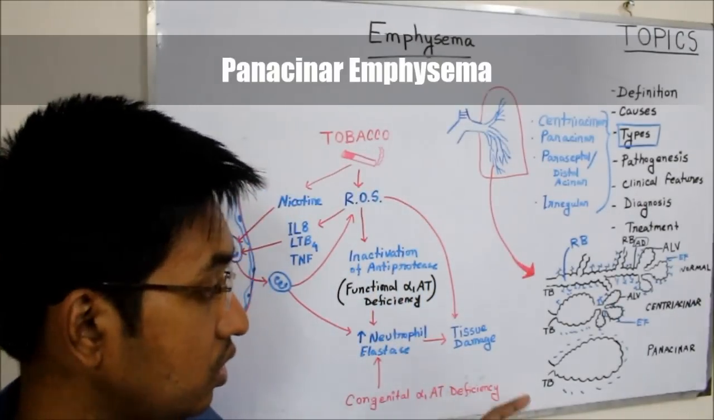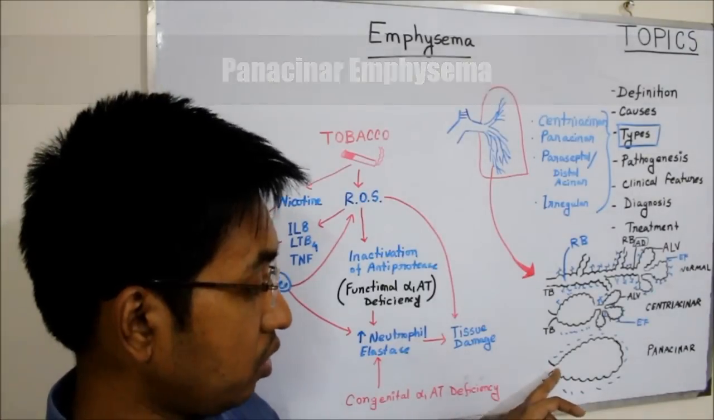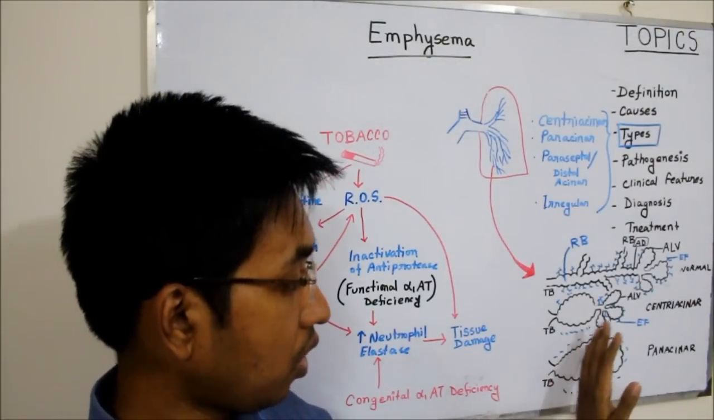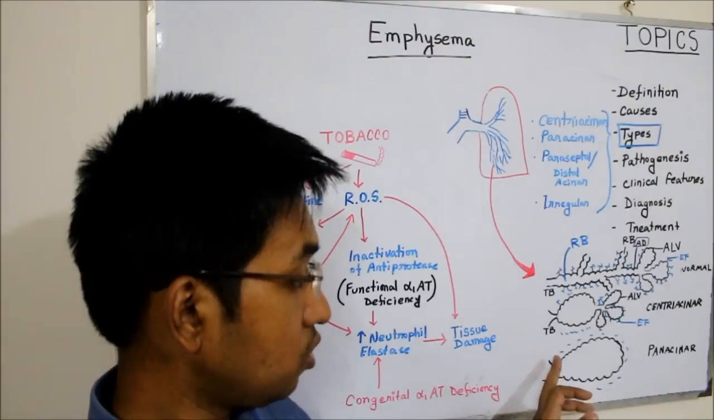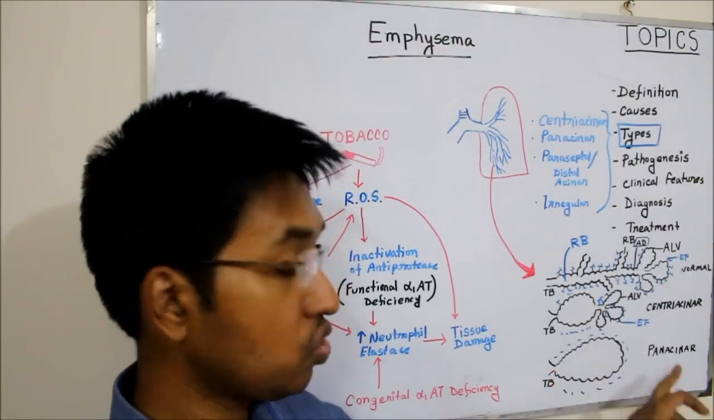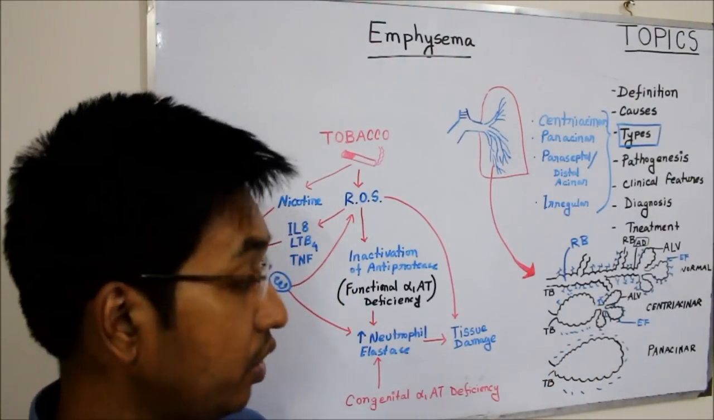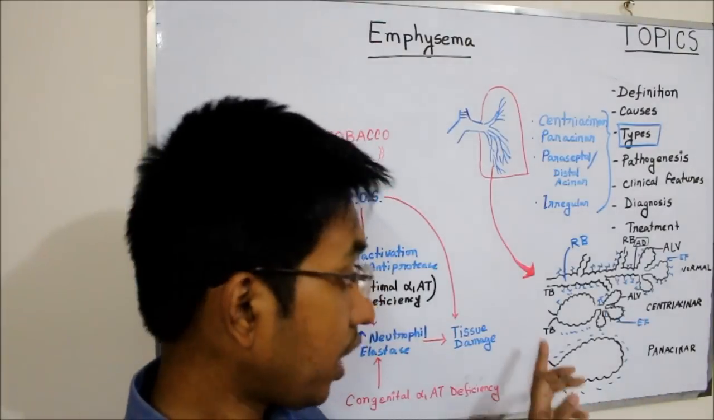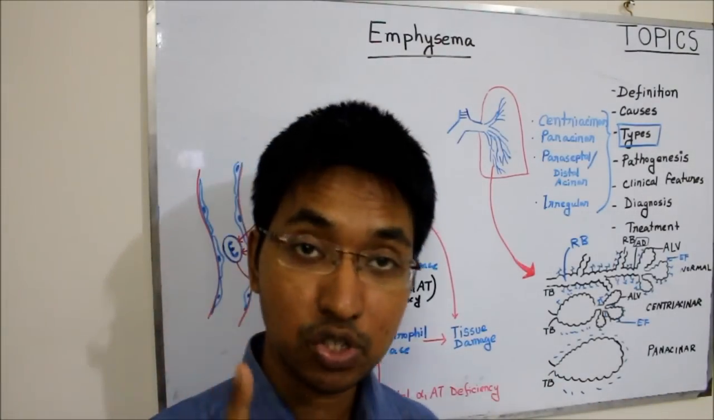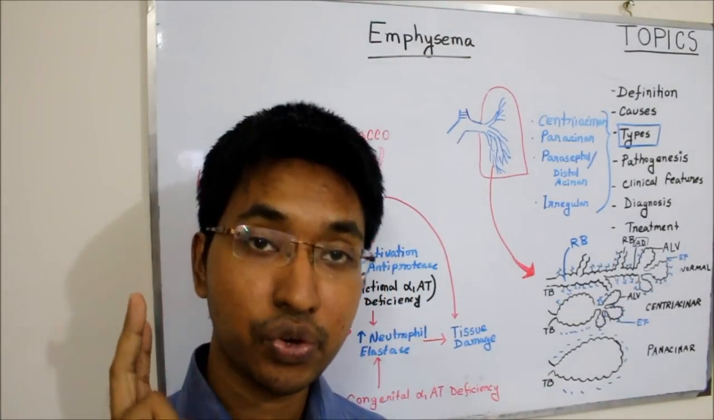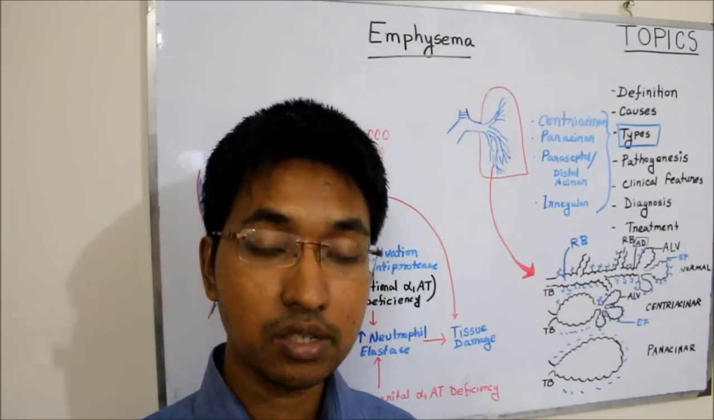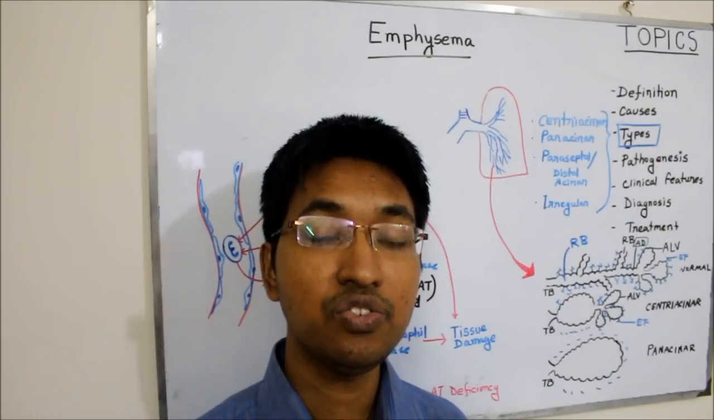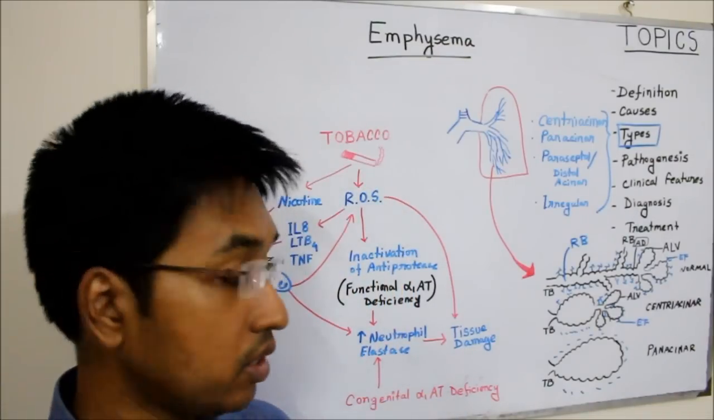As you can see in the image, this is the terminal bronchiole, this is the part beyond the terminal bronchiole. That means this should be the respiratory acini, and as you can see here, the entire respiratory acini, that means the respiratory bronchiole, the alveolar duct, the alveolar sac, alveoli, all these structures are irreversibly enlarged, and that is meant